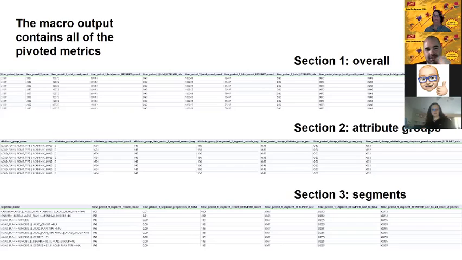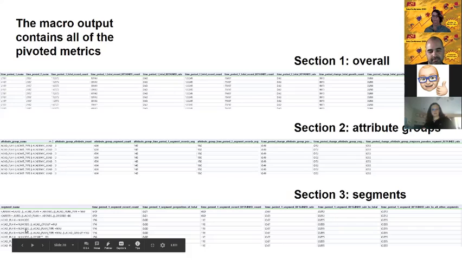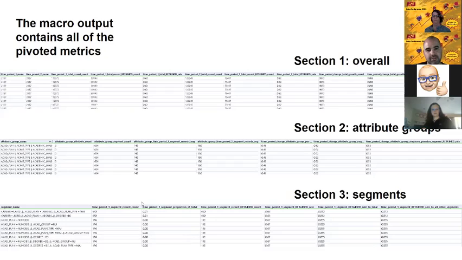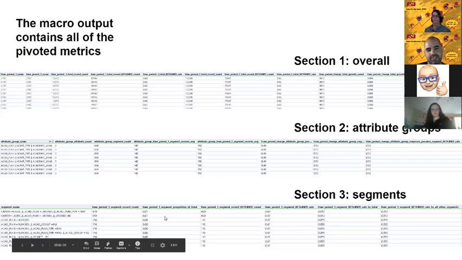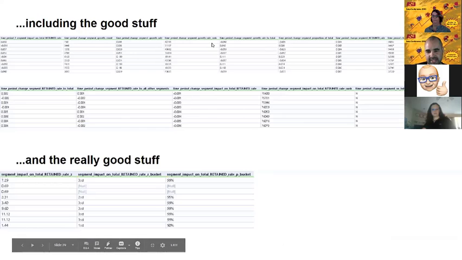It's going to tell you which ones are numerically meaningful, but it's up to you to figure out the functions. But we're looking at all these different combinations, again, counts, comparing to the overall. That's a big one. So what's the growth rate for this segment compared to the overall population? Or what's the retention rate of this segment compared to the overall population? And we have some of that stuff.